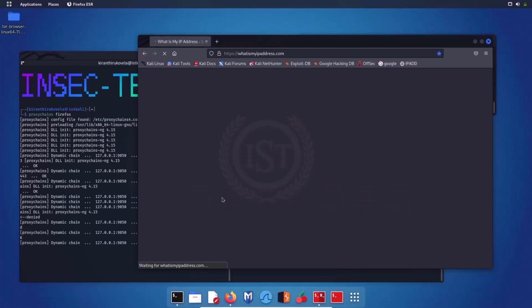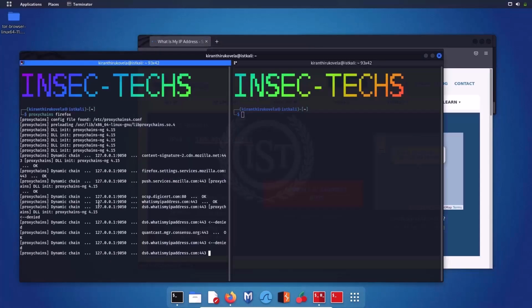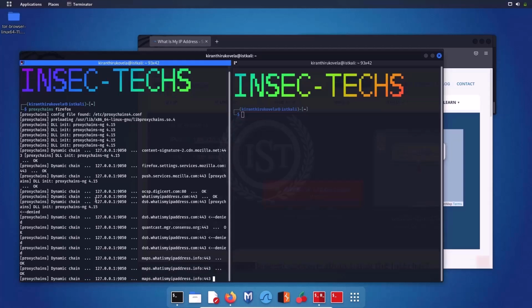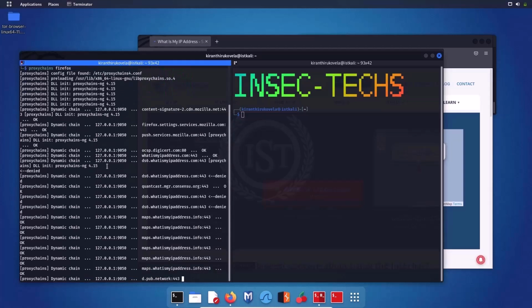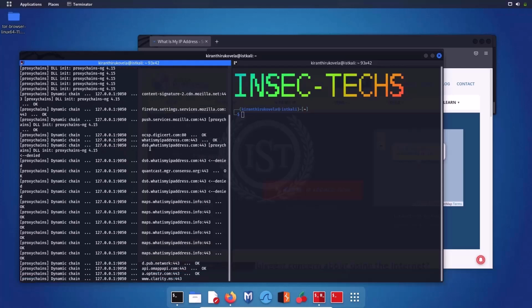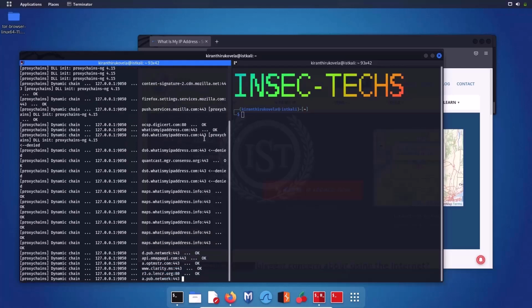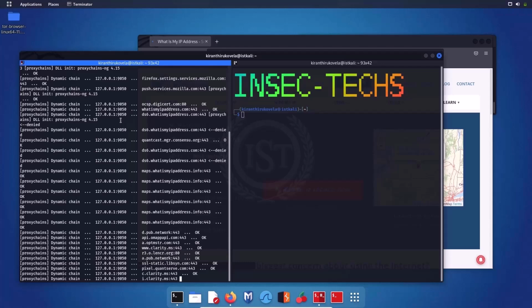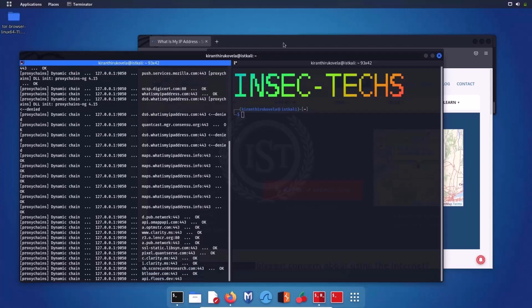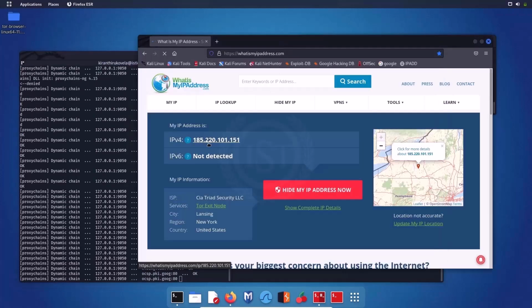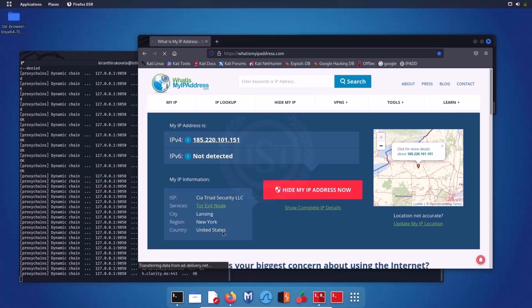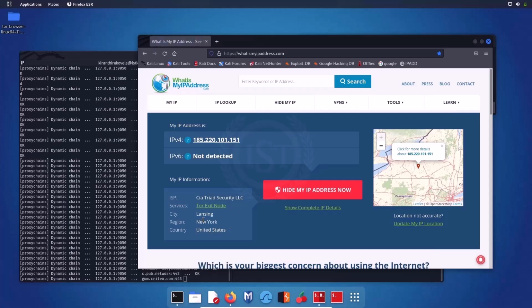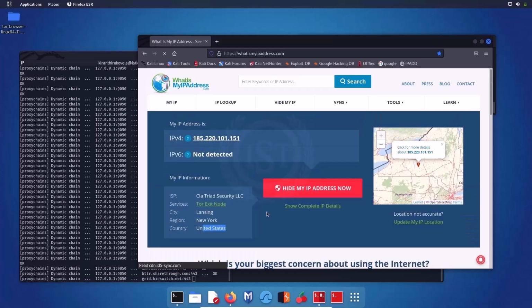Now you can actually connect through the Tor network. As you can see over here, our first hop is the loopback address, that is 127.0.0.1, and you are connected to whatismyipaddress.com on port number 443, and our local port is 1950, and the IP address is 185.220.101.151. It is from New York, city is Lansing, from the United States, and this is the IP address.